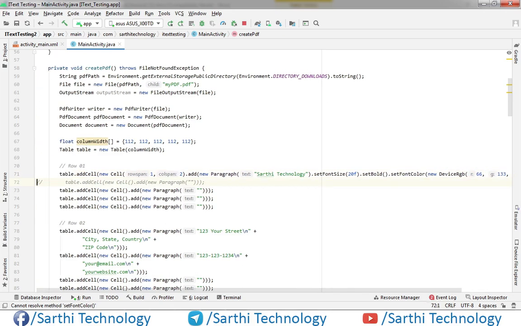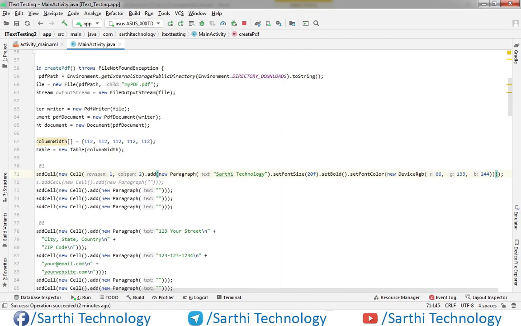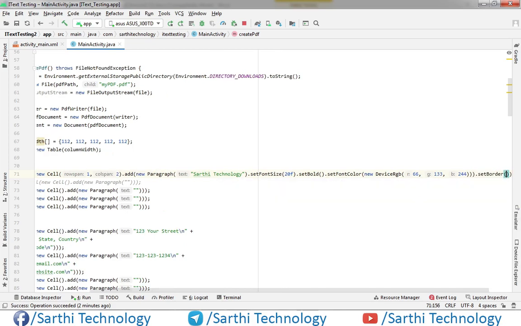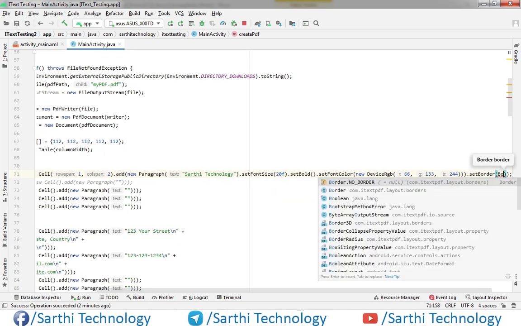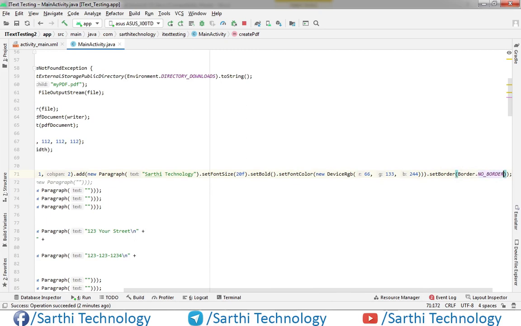We will also set no border, so dot set border, dot no border.